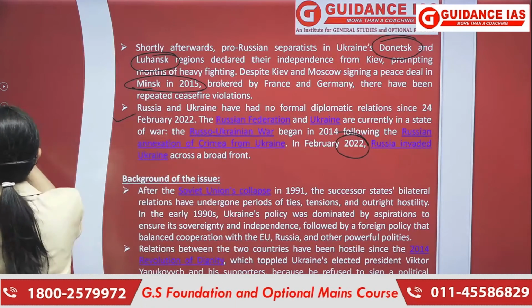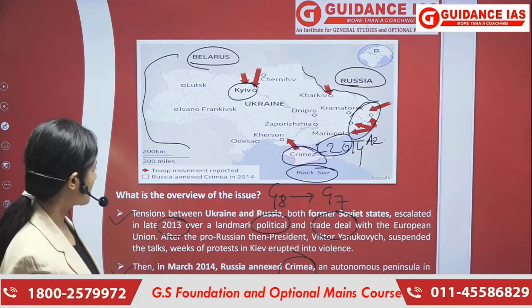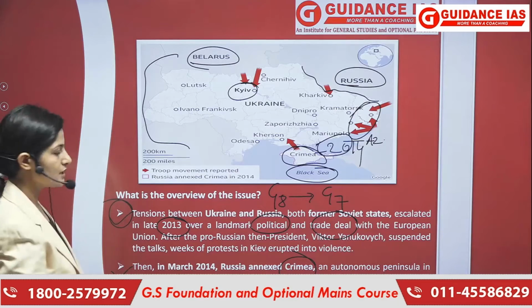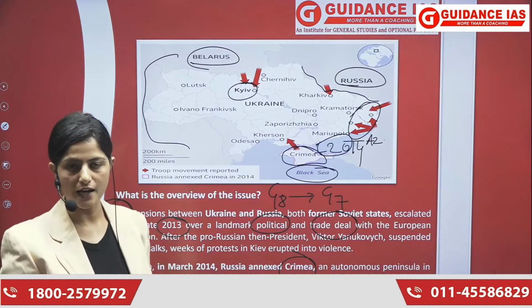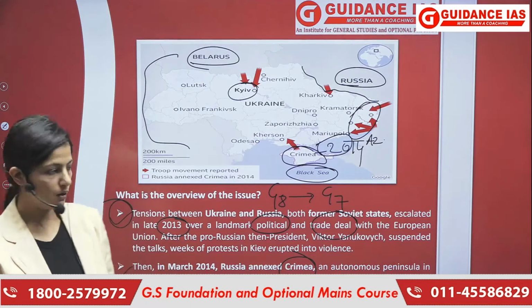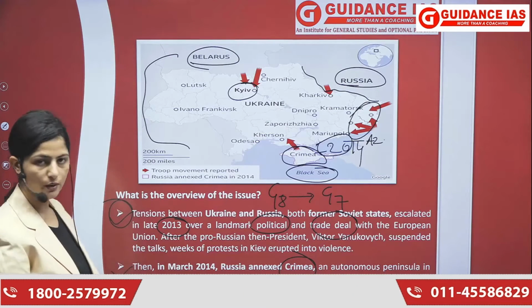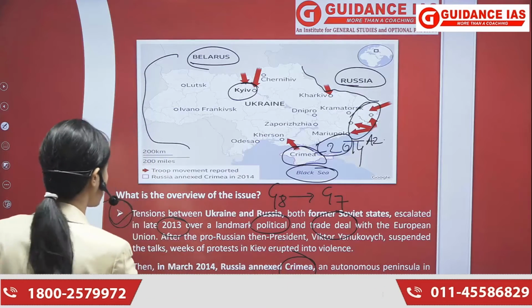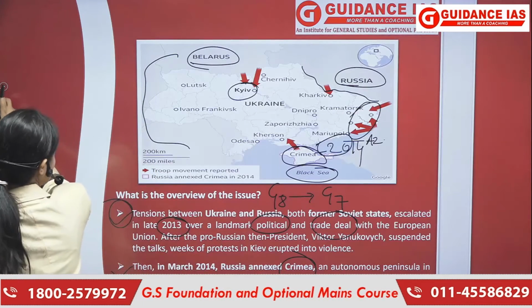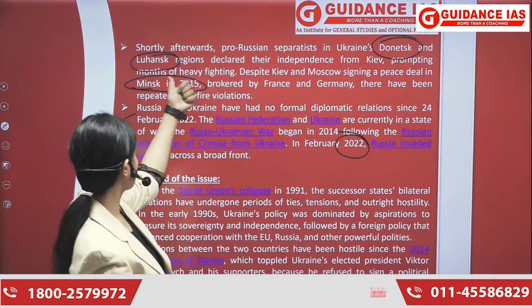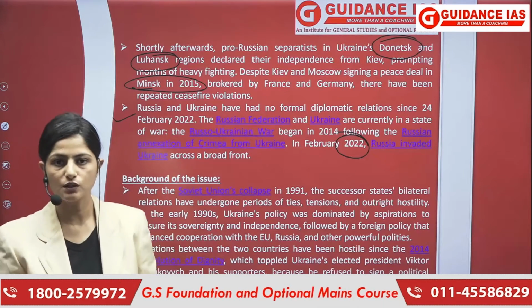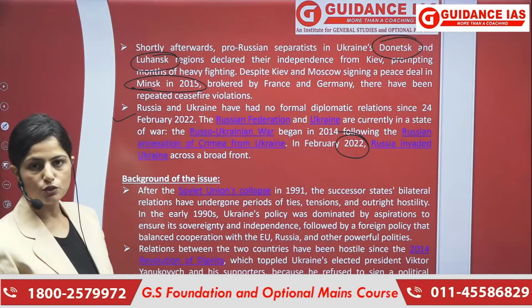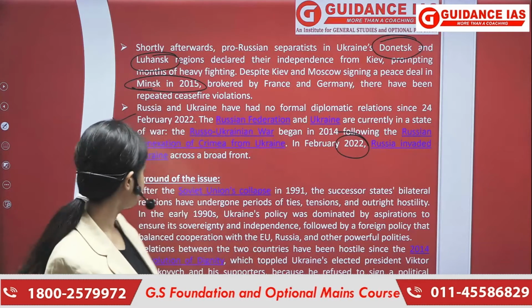So to summarize, since this is very important, you must pay attention to each and every point. To summarize everything, initially what happened? Initially a Ukrainian revolution, or anti-Viktor Yanukovych protest, was going on, right? Because he was pro-Russian and he did not want to deal with the Europeans. The next, annexation of Crimea in 2014. Then the Donetsk and Luhansk regions declared their independence from Kyiv, from Ukraine. And now, 2022, we have seen what is going on.